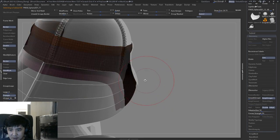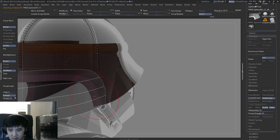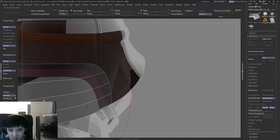Why we have this edge here. This bit. Can't really. But good if